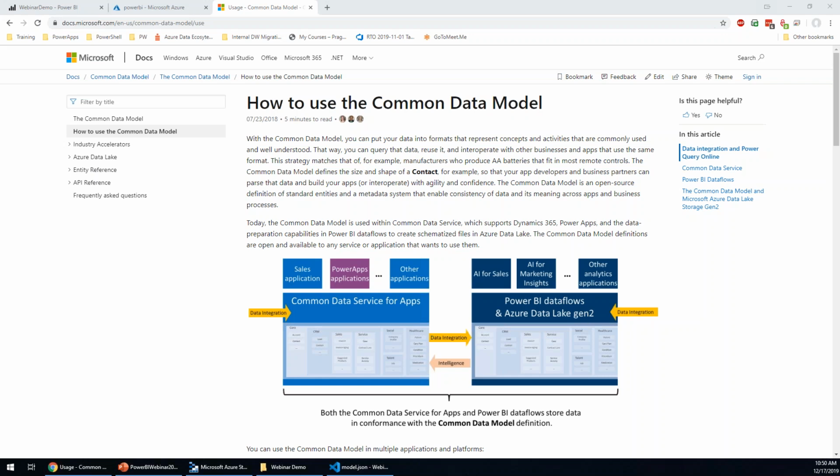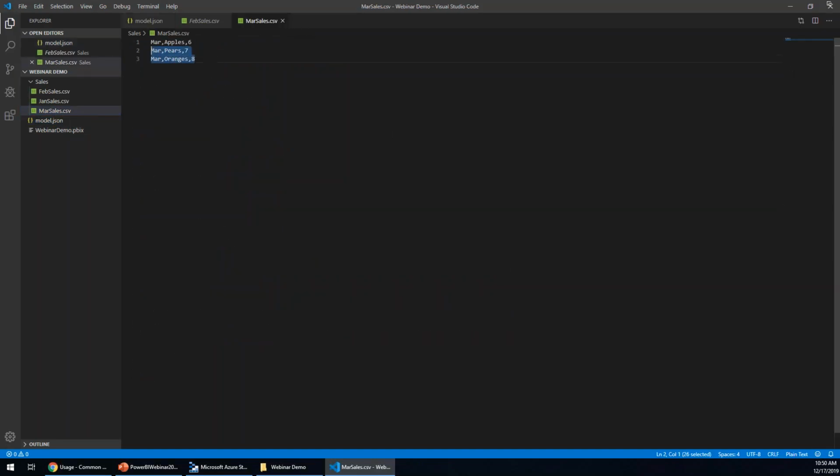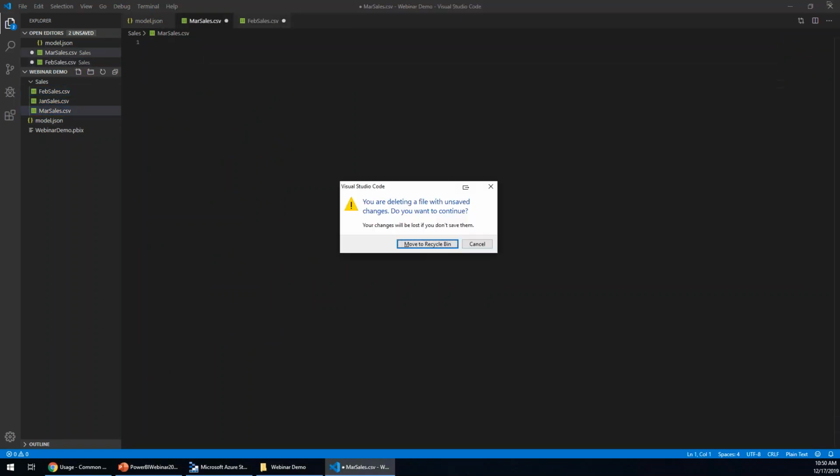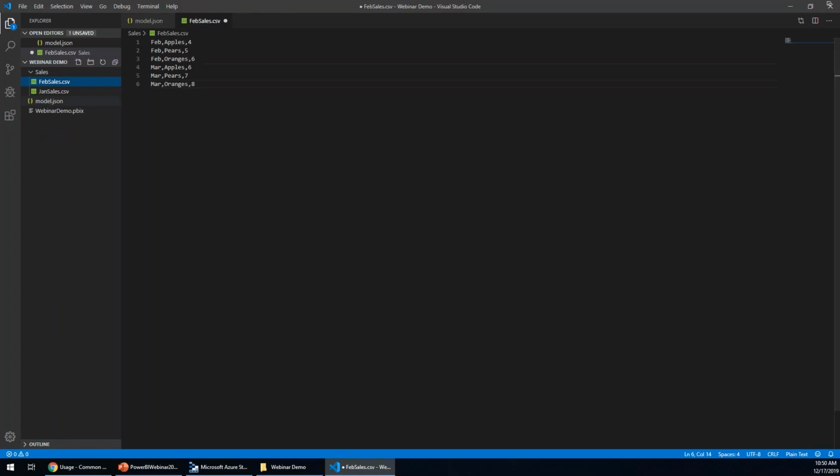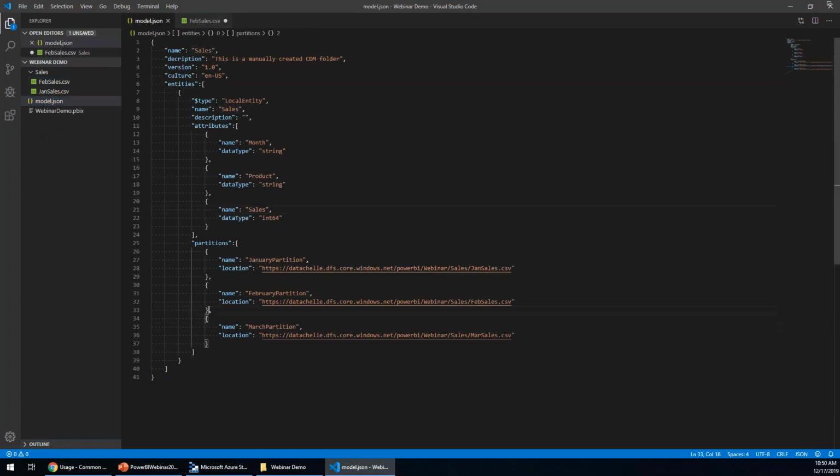If the same file is updated by Azure Data Factory, does this remove the need to partition and amend the JSON file? Yes, it would. If you were just updating the CSV files, if we had added in, in fact, I can show that here. If instead of doing this, we had just added it in to say the February file, and taken this away,